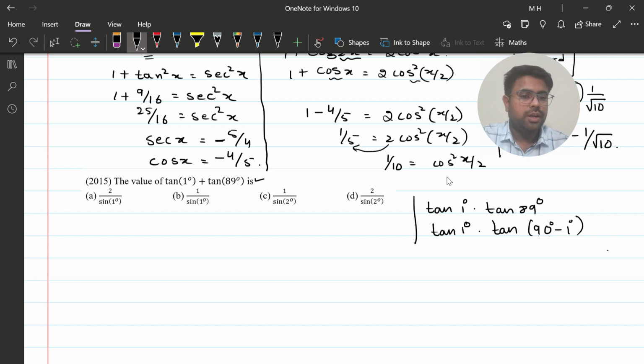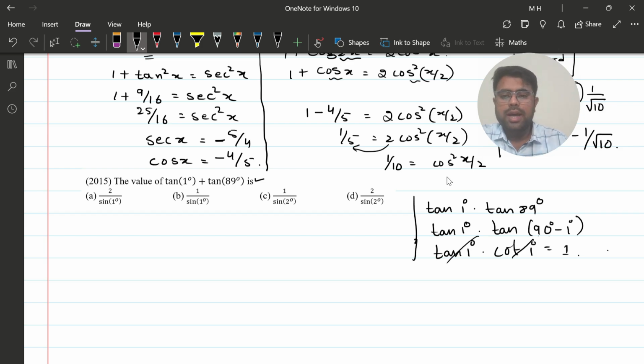So therefore 90 degree minus 1. What is tan of 90 minus theta? It is cot theta. So it is cot 1. Tan 1 and cot 1 will get cancelled out. I'll get 1. Okay, but here they have given tan 1